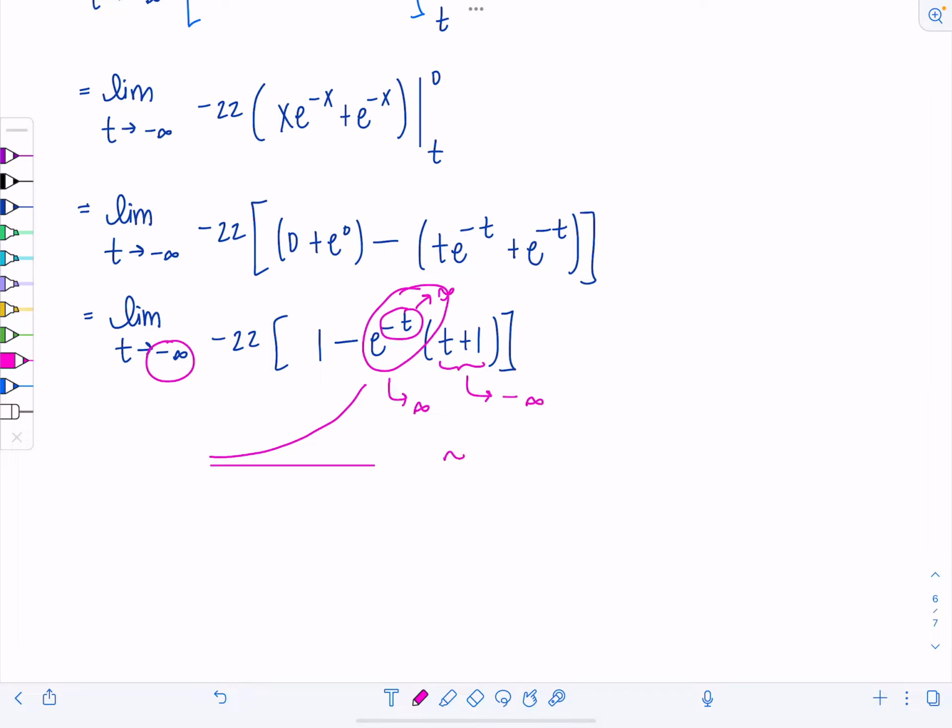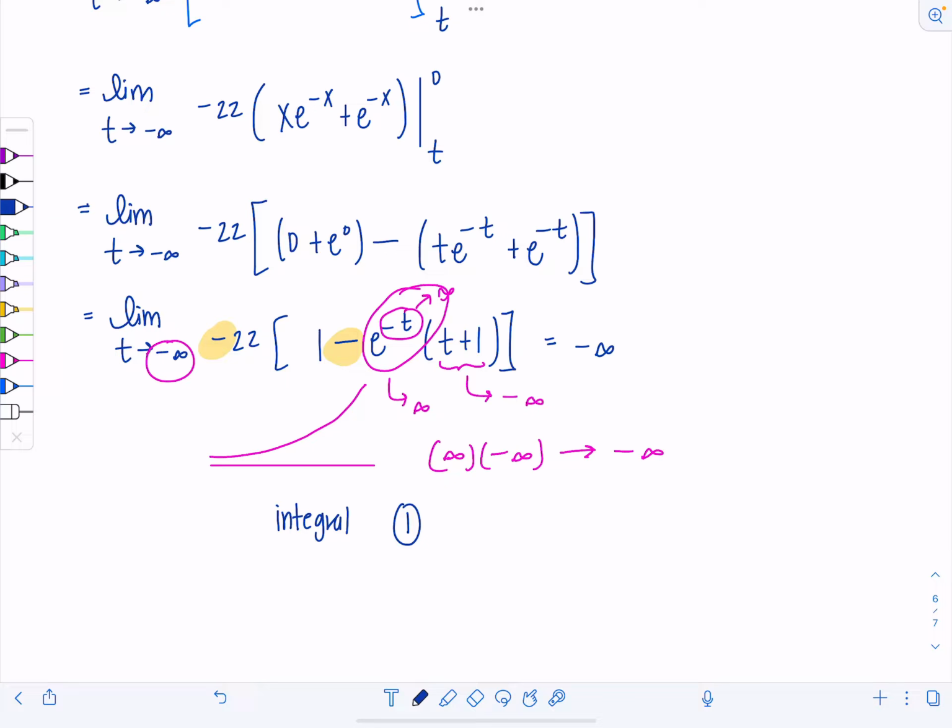So we basically have infinity times negative infinity, that's going to negative infinity. And then you've got another negative in the front, so that's going to positive infinity. But then you have a negative 22, so now it's going back to negative infinity. Either way, who cares? It's not a constant, right? So integral number 1